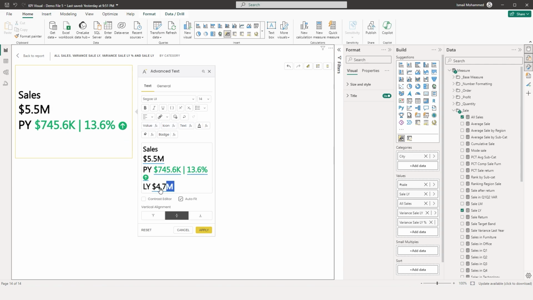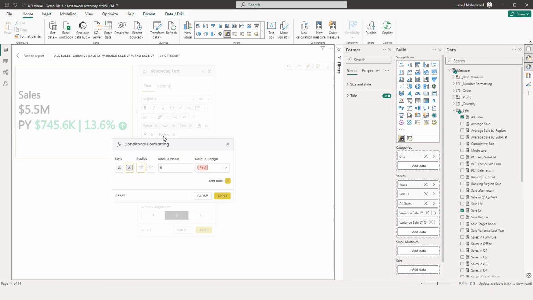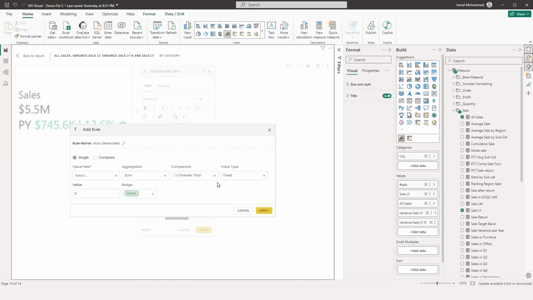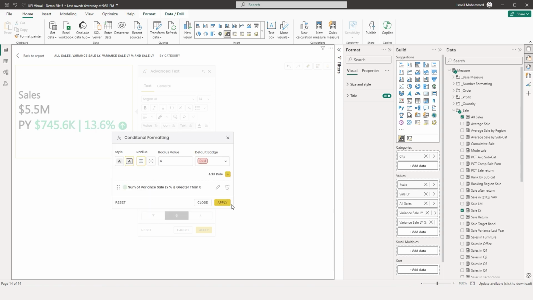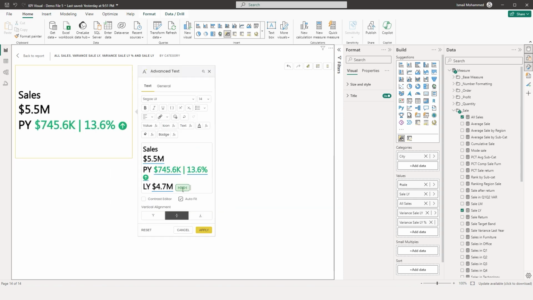And on the next line, I've added the last year sales. Let's say now that you would like to add a badge here. Let me type in hi and then let me select this text here and now let's click on badge and you can add this badge conditionally as well. I'm going to choose the value field here, last year percentage. If this is greater than 0, then I want the badge to appear. There are various badges here that you can choose from. For this example, I'm going to choose this green badge and then click on apply and then click on apply again. And now you can see that the green badge is now appearing against this